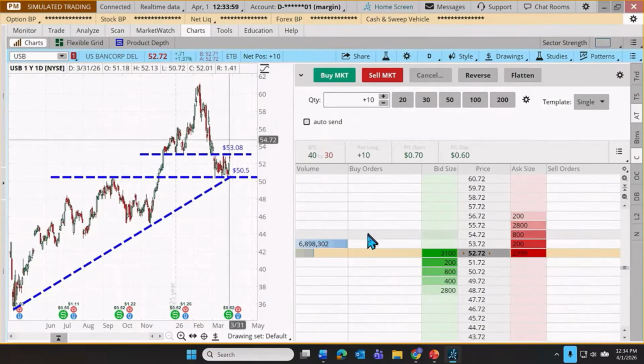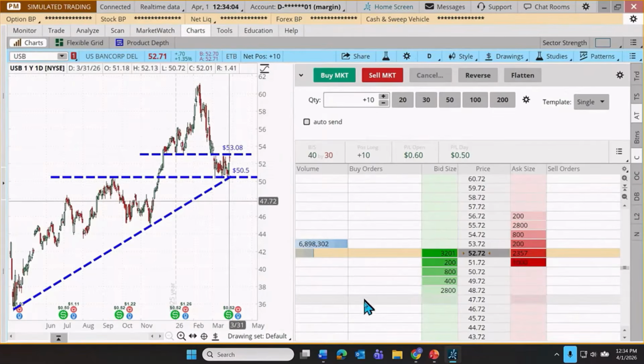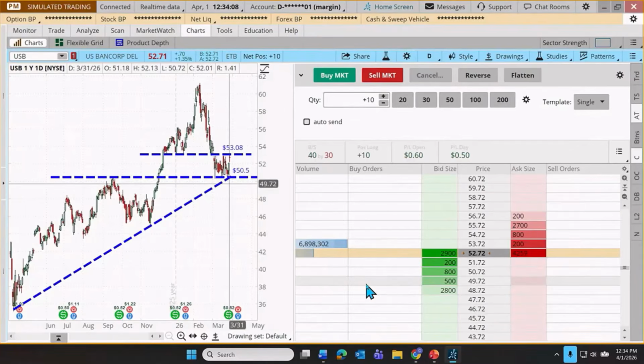Or if I go over to my ladder and I start moving up and down, you'll notice that my cursor, my crosshairs are moving up and down on the chart. That helps us very quickly to orient where the trader's about to place a trade using a ladder to where that trade's going to appear on the chart, or vice versa. Pretty nice.